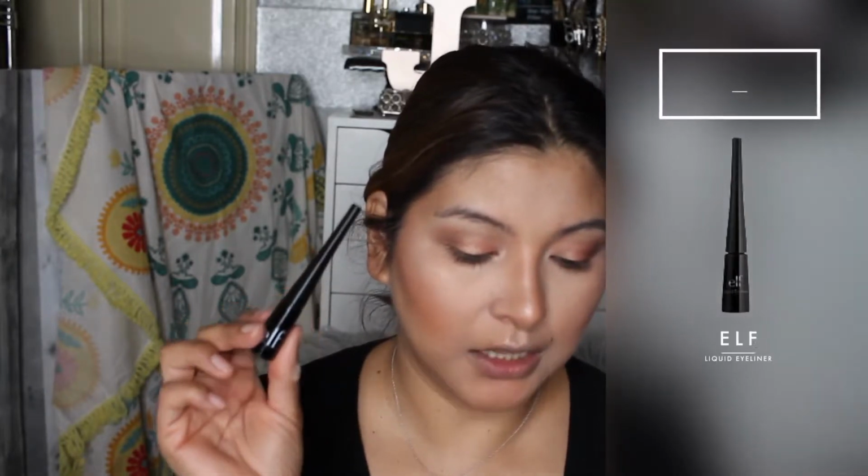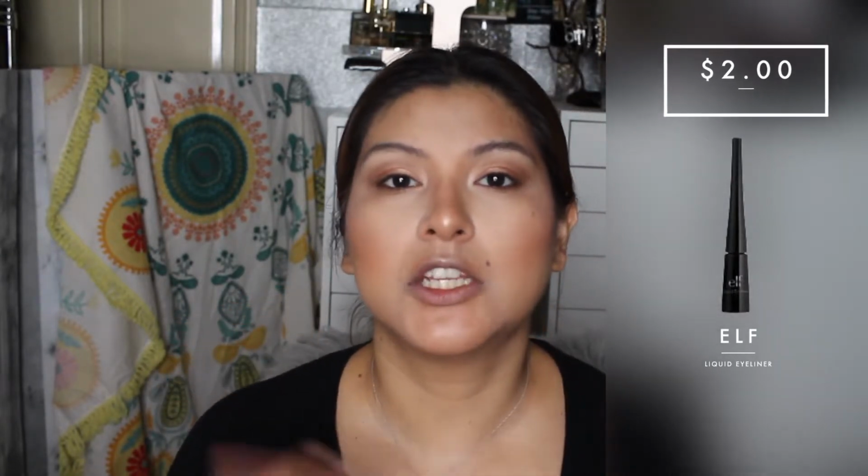Now for eyeliner, and if you were a fan of NYC's liquid eyeliner, then you know that they will no longer be selling them here anymore. So I'm kind of in the hunt for something to replace that. Now I picked this up, it was from e.l.f. and it is a liquid eyeliner. The little wand intrigued me because most of the liquid eyeliners that are out there have more of a